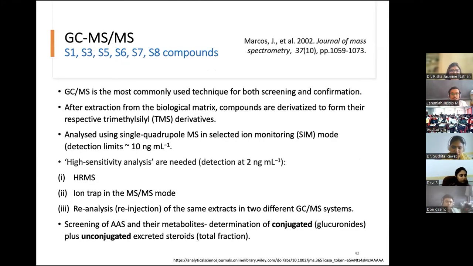Okay, so in this method, they have not just stuck to anabolic steroids, they have tested S3, S5, S6, S7, and S8, narcotic stimulants, glucocorticoids, all these drugs. S8 is cannabis. So they have tested all these drugs in a single method. So what we have to understand is, when a sample comes to the dope testing laboratory, we don't know what is